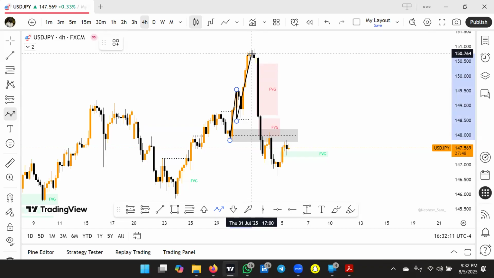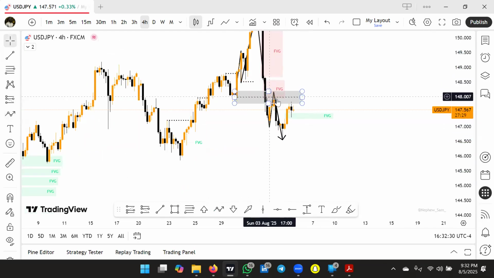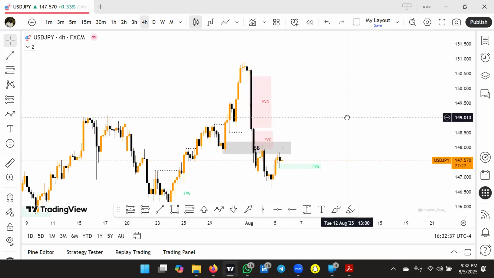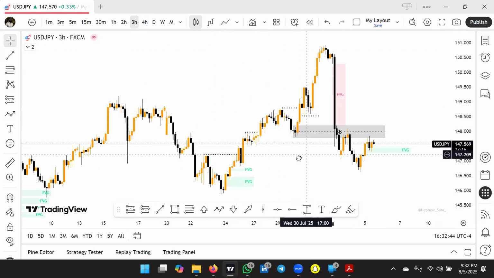So instead, what you see the market did, the market aggressively broke through this order block. Can you see what happened? Right? And then the market came back and used the zone as a breaker block. I get it. Are you getting it? Are you guys getting me? Yes, I can hear you. As we see, the market instead used this zone as a breaker block. If you go to a lower time frame,